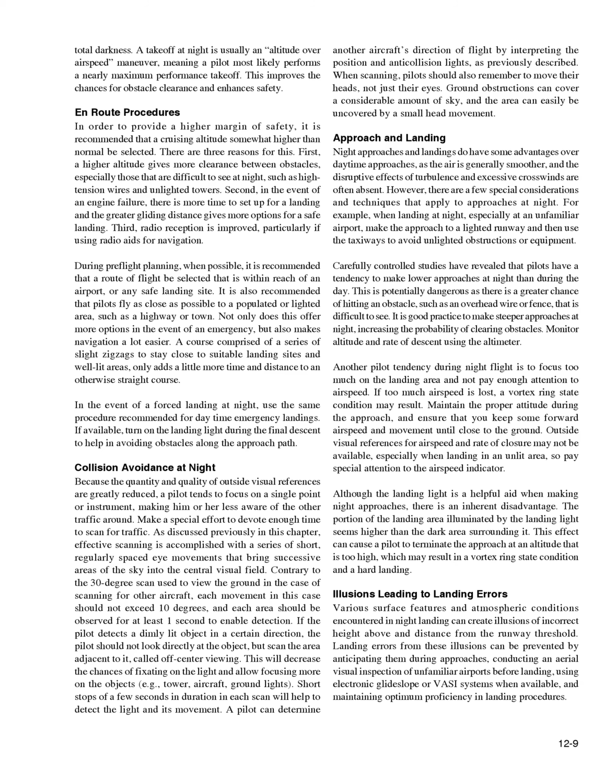If the pilot detects a dimly lit object in a certain direction, the pilot should not look directly at the object, but scan the area adjacent to it, called off-center viewing. This will decrease the chances of fixating on the light and allow focusing more on the objects, for example, tower, aircraft, ground lights. Short stops of a few seconds in duration in each scan will help to detect the light